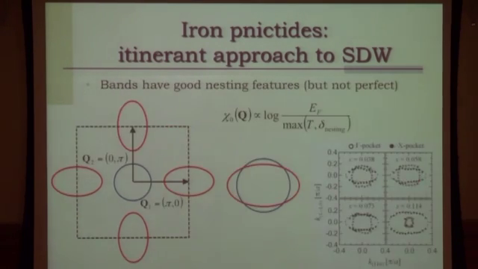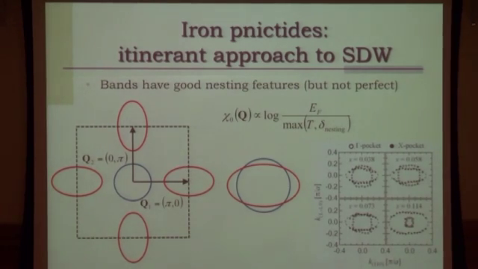So nesting is there, and Honjin told you about that. Whether nesting is enough or not is a different story, but you can see here from ARPES that this picture is not that crazy, right? We start increasing the doping, the nesting becomes worse, and not surprisingly, when nesting goes away, you don't find magnetism anymore.